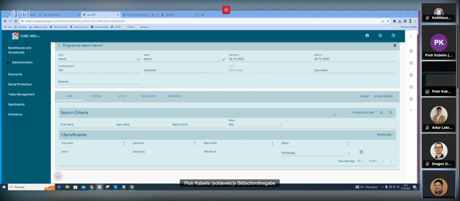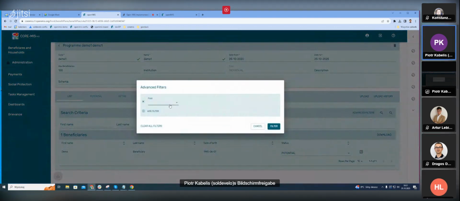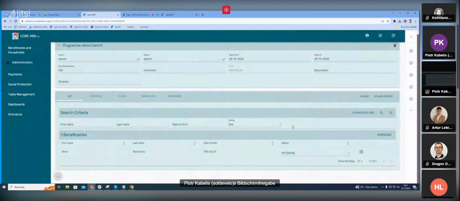Any other questions from anyone? Okay, so let's proceed. So next functionality would be advanced filter. Oh, not here. Sorry, here is not working. Okay, so let's proceed to